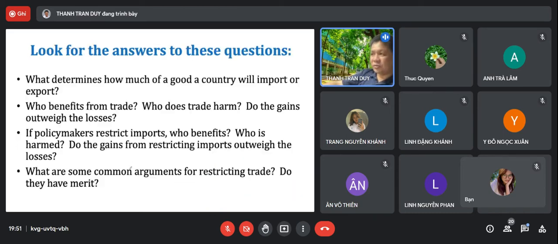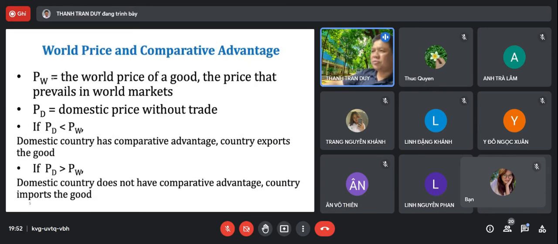All right. So this chapter we will end at this one, right? We will see how many units the country should import or export. And when we import and export, who gets the benefit and who loses? Does it harm anybody else? And whether the cost outweighs the gain or vice versa, right? And what can the government do in this case, right? So we will assume that this is the world price, the same product with world price and domestic price. Now, if the world price is higher than the domestic price, we should export.